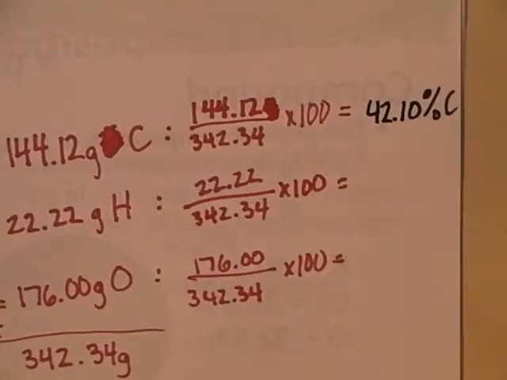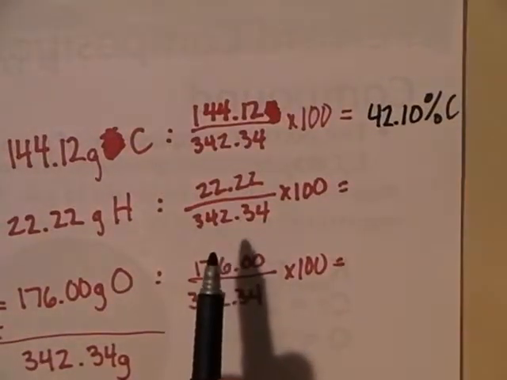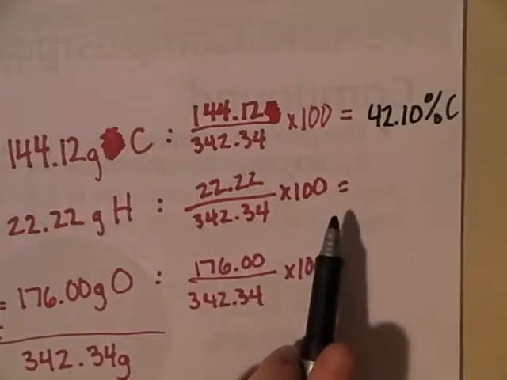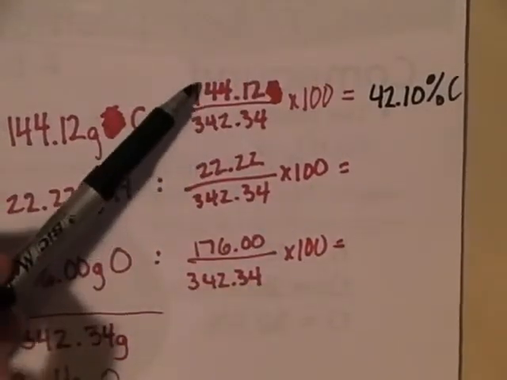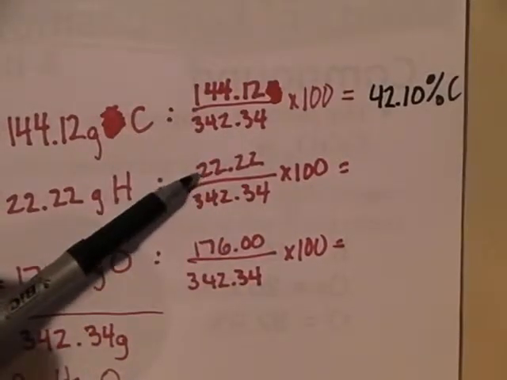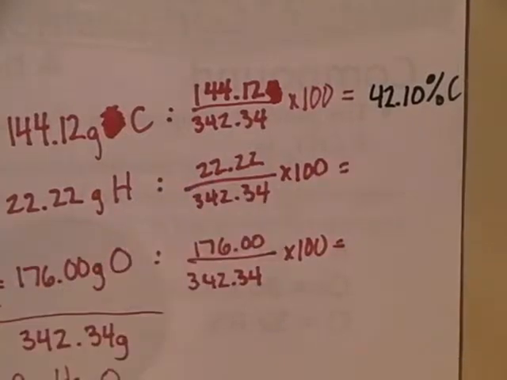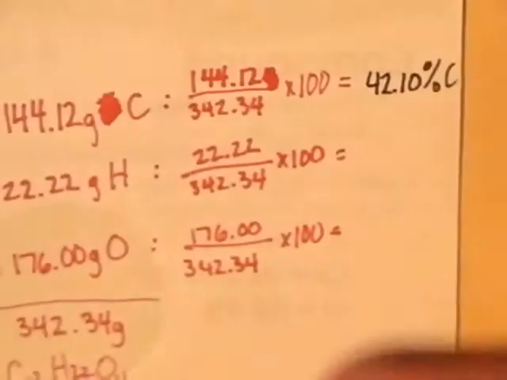Next one, 22.22 divided by 342.34 times 100. A pretty small amount, right? When you compare these, you have 144, 22, and 176. This is clearly going to be a very small amount because it's not making up much. This is what my phone tells me: 6.4906 and so on. Round that to 2 decimal places, what do we get? Well, just looking at the 0 to round, 0 doesn't do anything to round up the 9, so it stays